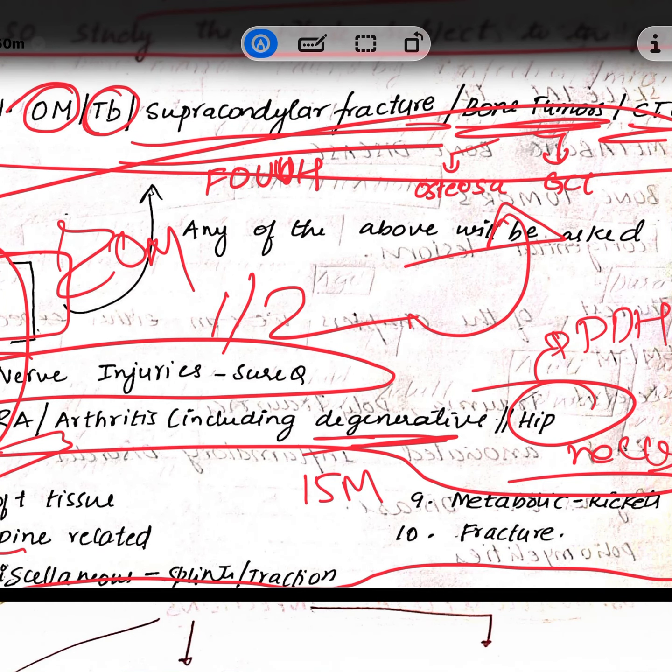Splints and tractions, or any instrument, is a sure question for a 3 marker. Then the 3 marker might be something related to spine. Even in a 5 marker you might get something related to spine; a question has to come. A question related to soft tissue, for example tenosynovitis, trigger thumb,